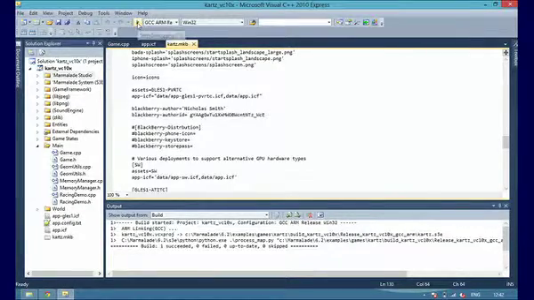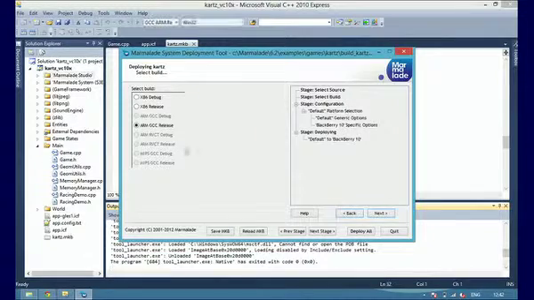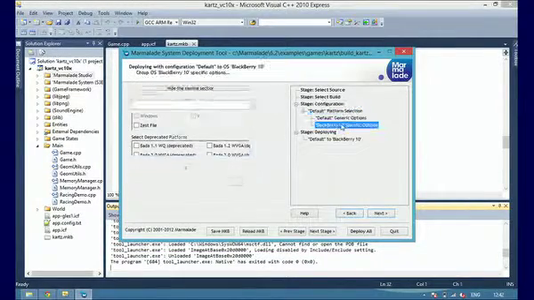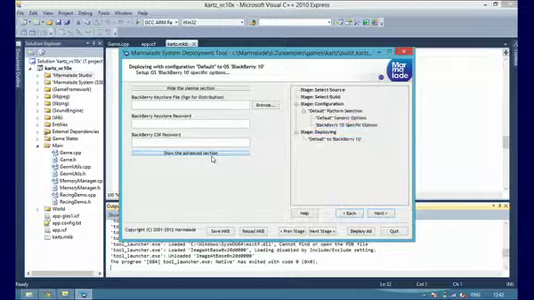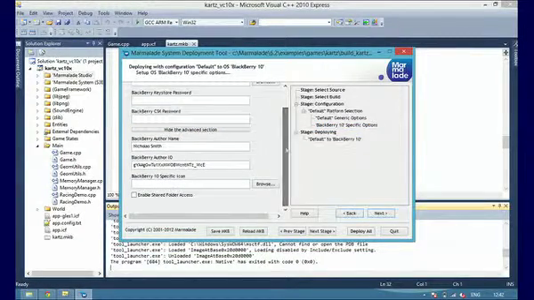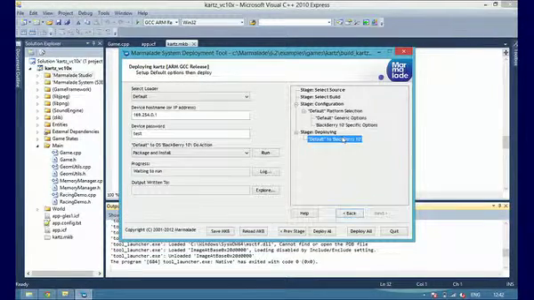So now that's built, I'm just going to hit run and it'll launch the deploy tool. So we've got our GCC ARM release build here that we built earlier. I'm going to pick platform and I'm going to pick BlackBerry 10 there, and then you can set up different BlackBerry options, so we could set things like icons and we could sign it for the store if we wanted to. You can see here it's picked up our settings from the MKB, and then we want to deploy to